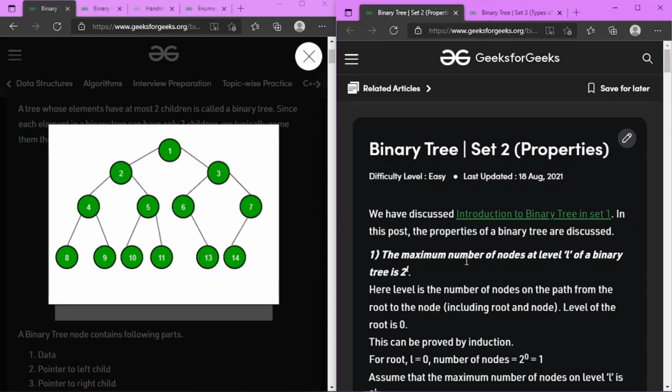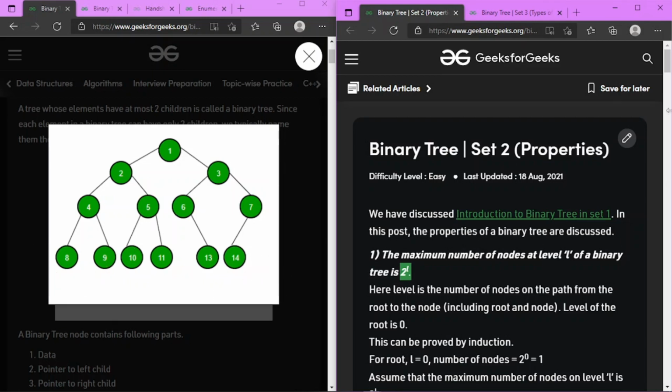So this formula is fine, and this is the maximum number of nodes at level L. If, let's say, we have a full binary tree, then it will be equal to this maximum number, and if we have a tree that is binary but not a full one, it will contain less than this number of nodes at a certain level. Okay, so let's say at level 3, 2 to the power 3, that is 8 elements, should be the maximum, but as this is not a full binary tree, it will contain less than 2 to the power L. So it has 1, 2, 3, 4, 5, 6 elements and not 8. If it was a full binary tree, then it would have the left side of 6 and the right side of 7 as elements. So in total there would be 8 nodes at this particular level 3.